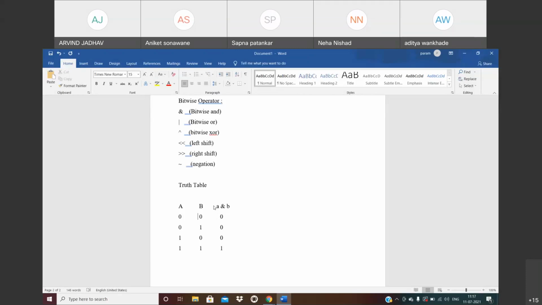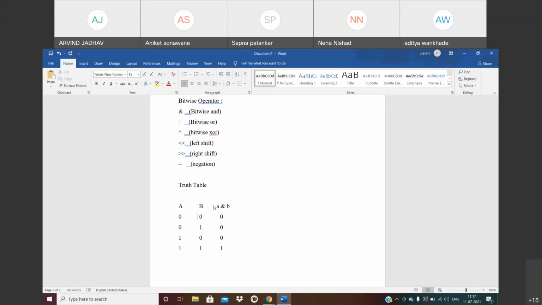So 0, 0, both are false, so we get false. 0, 1, that means false, true, we get false. Next is 1, true, and 0, false, so we get false, and last one is true, true, we get the true value. So this is the truth table of the AND operation.